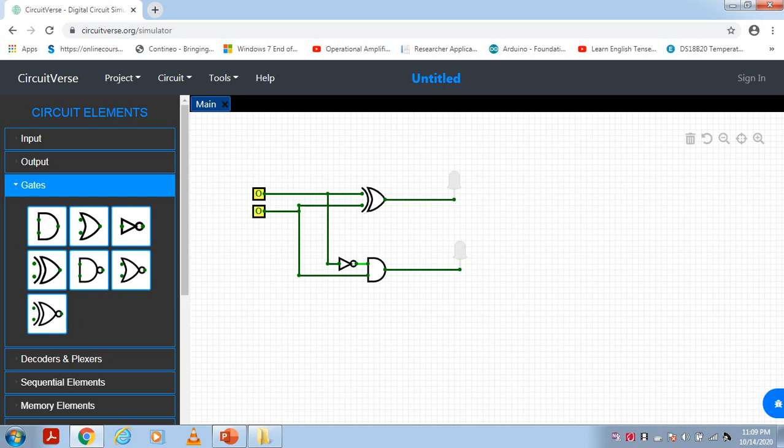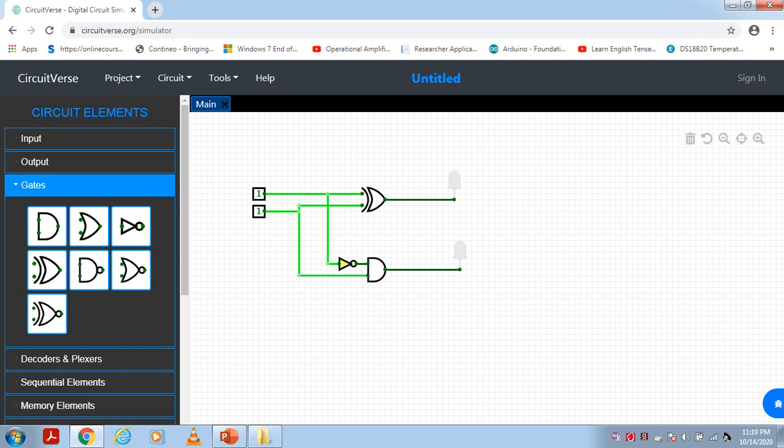The next input combination is 0, 1: the borrow is 1 and the difference is also 1. Next input combination is 1, 0: difference is 1 and borrow is 0. The last input combination is 1, 1: the difference as well as borrow is 0, 0. That's it. The truth table is verified.